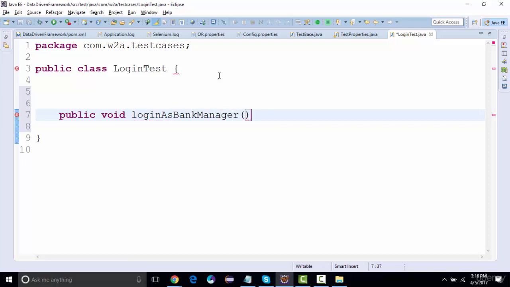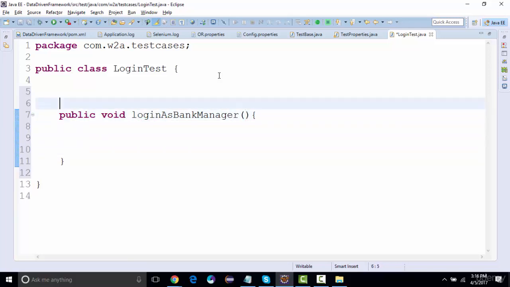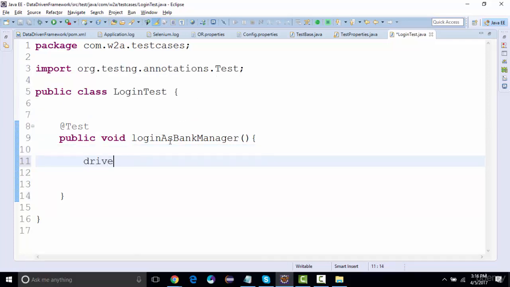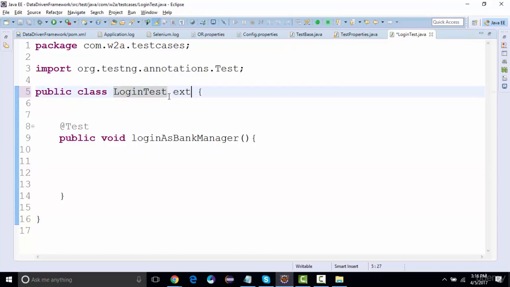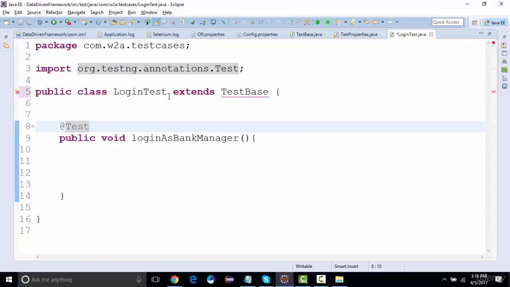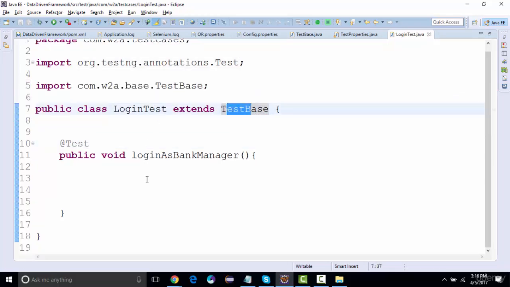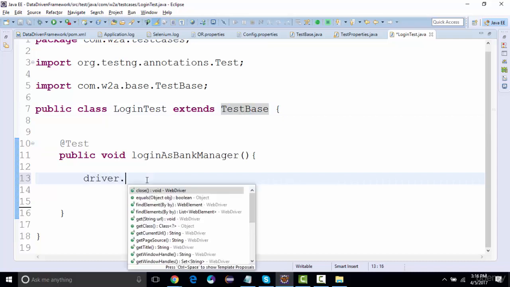So we need to perform the bank manager login, right? And this will be at the rate Test imported through TestNG annotations, right? So here we'll be writing just driver dot final. Now driver is initialized inside the TestBase class, so all the classes are going to extend the TestBase. All our test case classes are going to extend TestBase, right? So this will be a parent class for all our test cases,